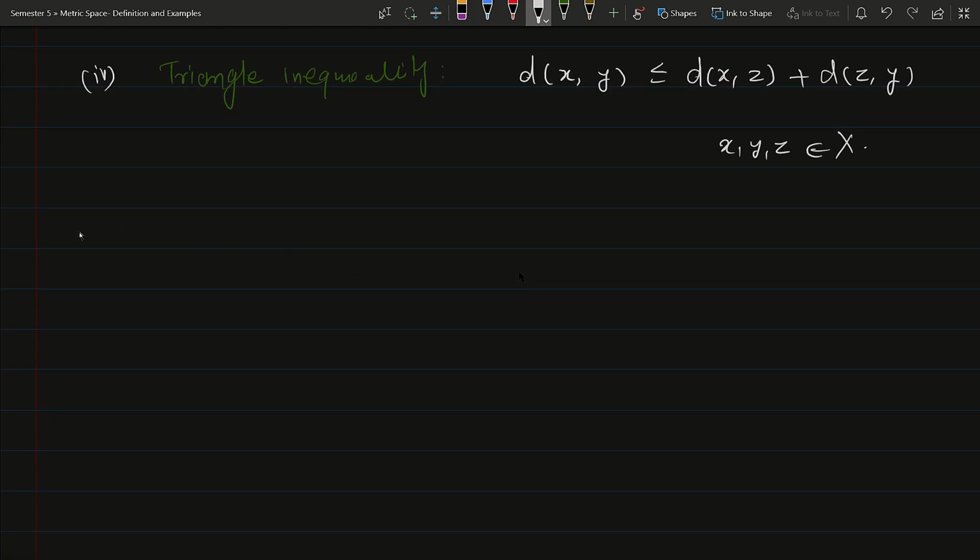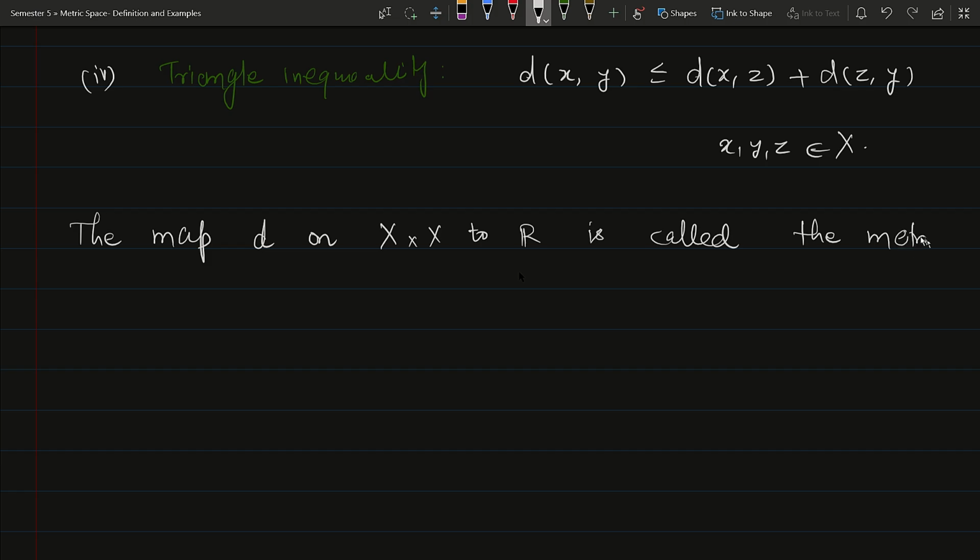So let me point out that the map d on X cross X to R is called the metric on X. Okay, ये हो गया हमारे लिए मैट्रिक। और इफ वी राइट दिस (X, d), दिस ऑर्डर्ड पेयर, यहाँ पर नॉन एम्प्टी सेट है और यहाँ पर इस पर डिफाइन एक मैट्रिक है, तो ये जो ऑर्डर्ड पेयर है दैट ऑर्डर्ड पेयर इज नोन एज मैट्रिक स्पेस। सो (X, d) इज नोन एज मैट्रिक स्पेस।